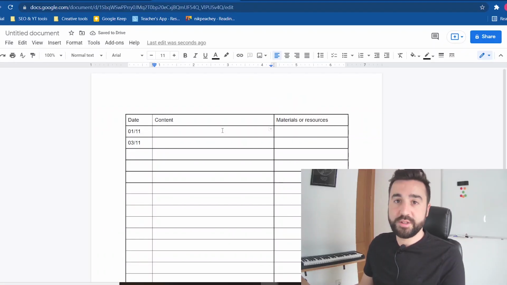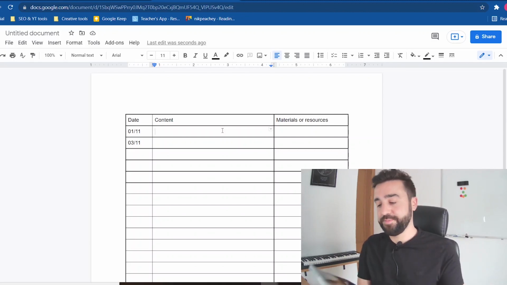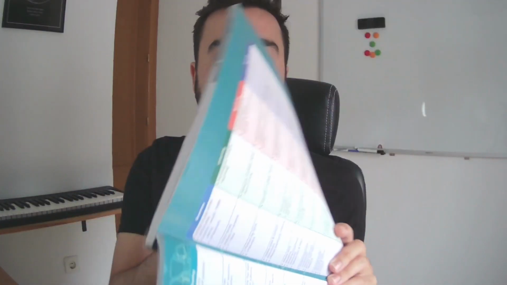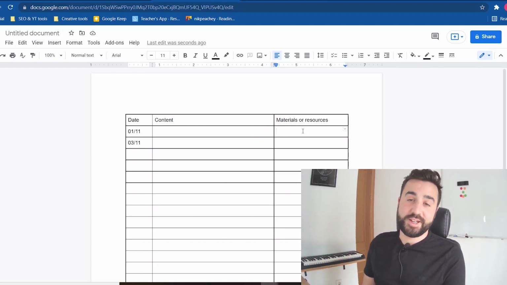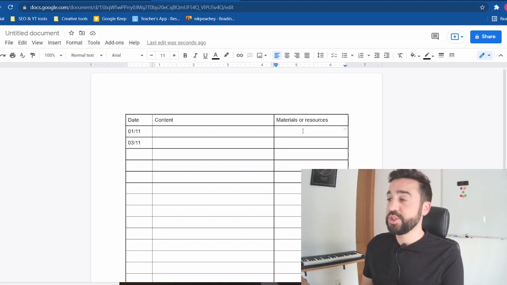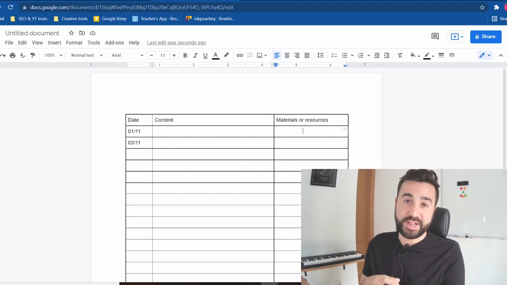So what I'll do now is I'll look at the units in the book again. In this course book, we can see that there are 8 units. I'll map out all the units and divide them up between all the classes we have this academic year. On the right-hand side, as I'm adding the units and the vocabulary topics, I'll start adding resources or materials that I'm already familiar with, which I know will work well with those language areas.